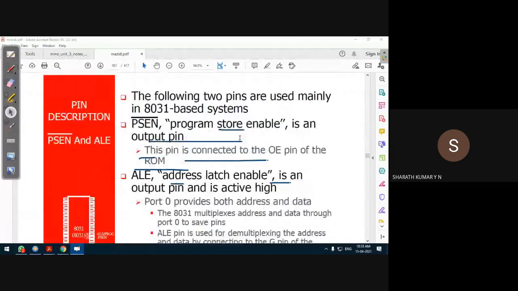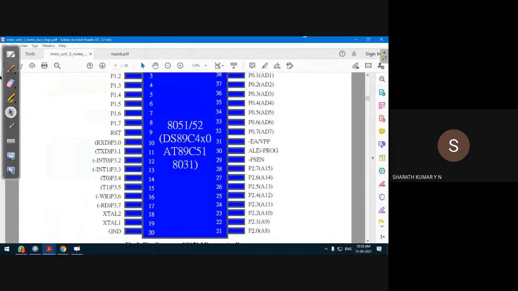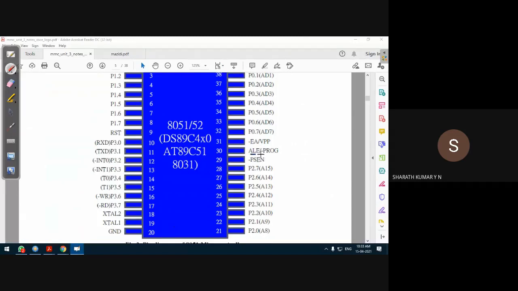Yes, here we go. This pin, that is ALE bar, ALE or program bar pin, has two functions, guys. This is basically an output pin. When it is an output pin, it has two possibilities: the bit can be 1 or 0. When this pin is 1, this indicates that it should enable the external ROM space.